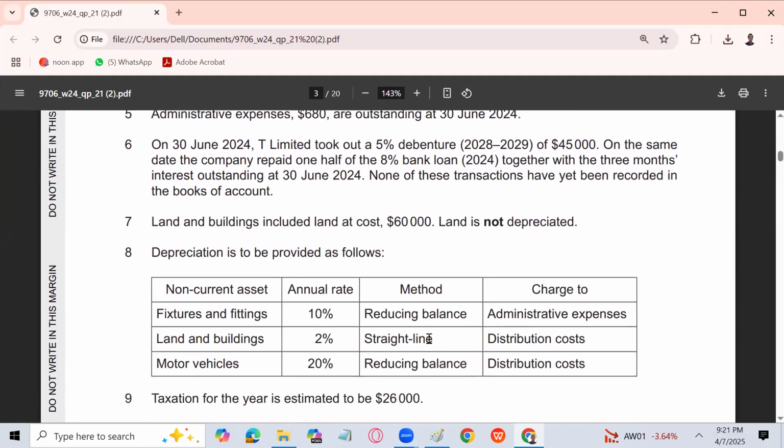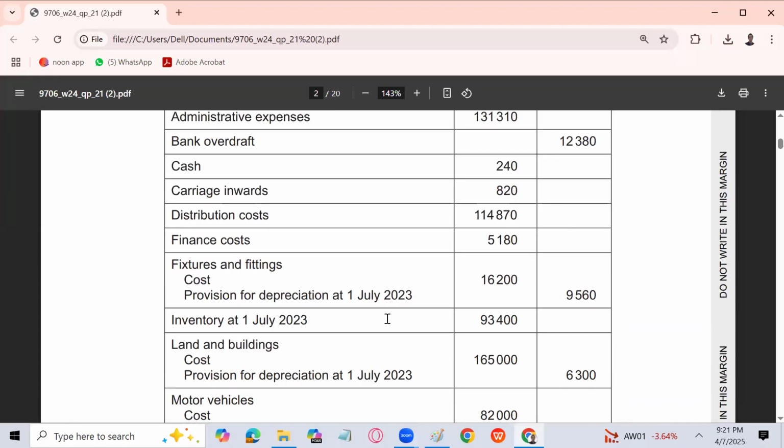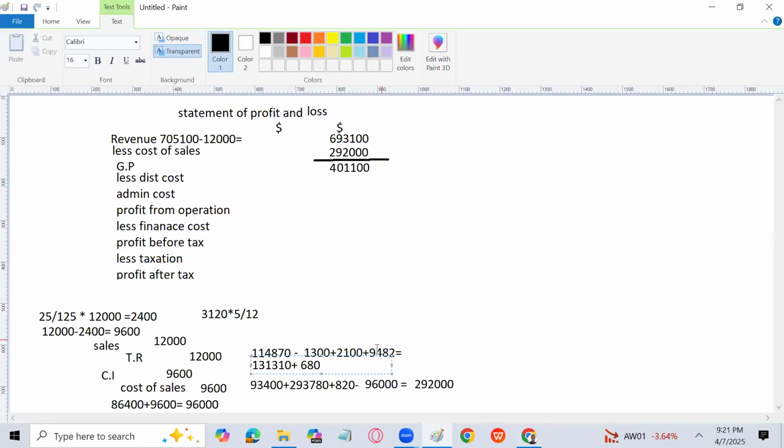Now I have to go for the 10% fixture and fitting, which will go to the admin expenses as depreciation by reducing balance method. Fixture and fitting are given 16,200 minus 9,560 into 10%, 664. So 664 is the depreciation which is supposed to be added in admin expenses as the depreciation